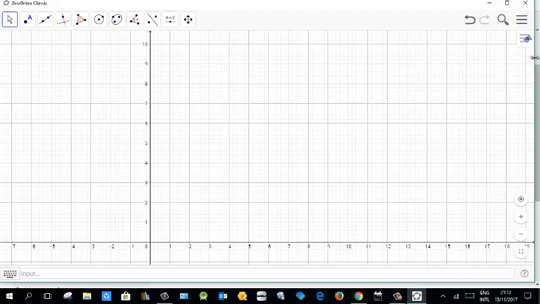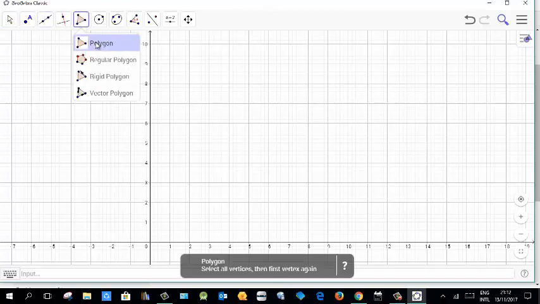Now we start working with creating a right angle triangle. As mathematics teachers, you must know how to create a right angle triangle. A right angle triangle should always have a property: it must have one angle of 90 degrees. If you want to create a triangle, you can use this polygon option, and then simply drag